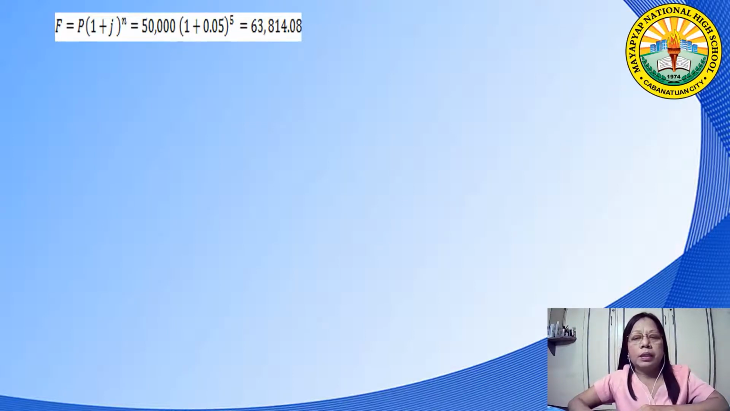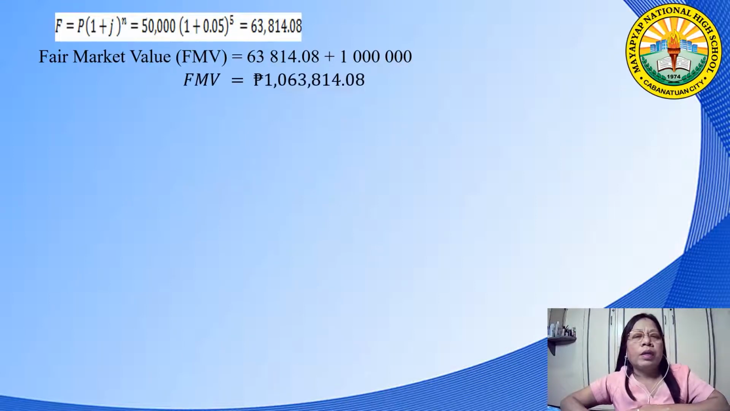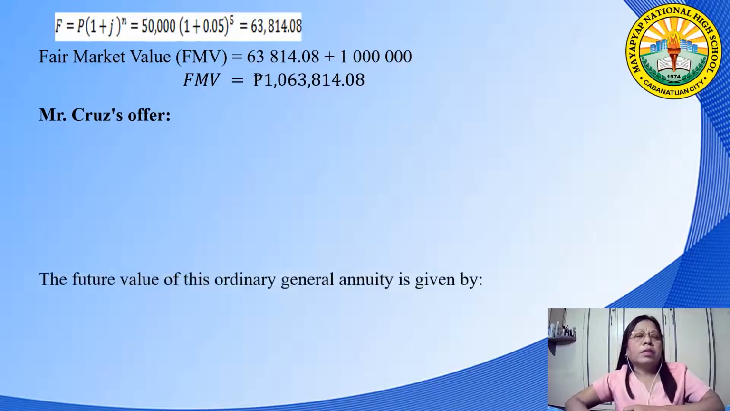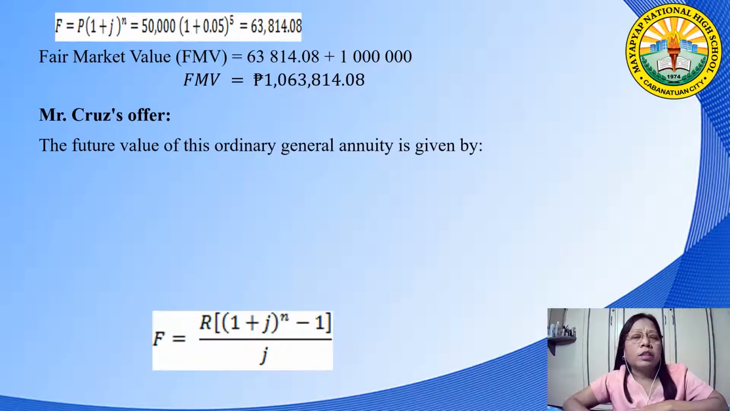63,814.08. So the fair market value is equal to 63,814.08 plus 1 million, so the fair market value is equal to 1,063,814.08. While for Mr. Cruz's offer, the future value of this ordinary general annuity is given by F equals R